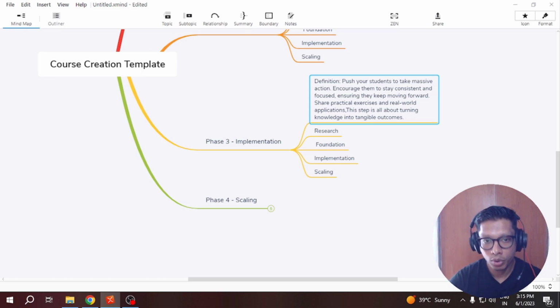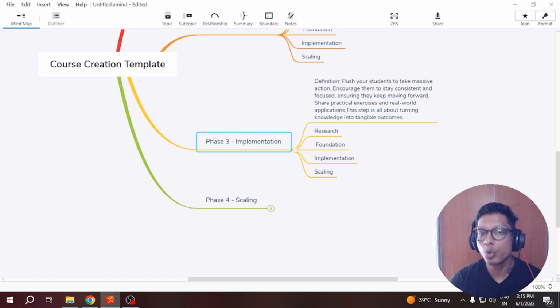Okay. So with the implementation, our whole goal is to help them stay consistent for a very long time, and how they can change their mind, which does not let them go out of focus and do different things, which does not really comply with the mission or the goal that they have.